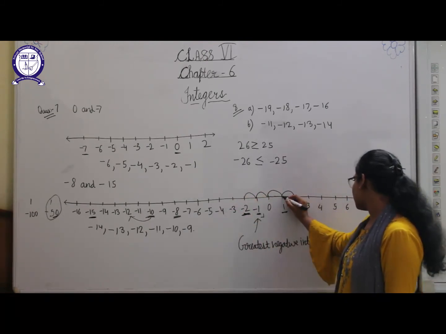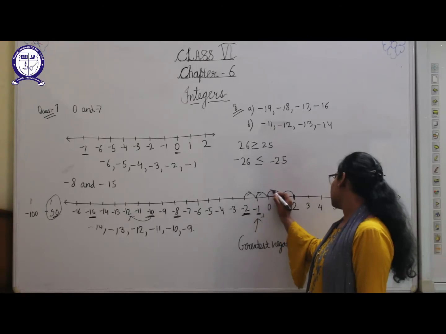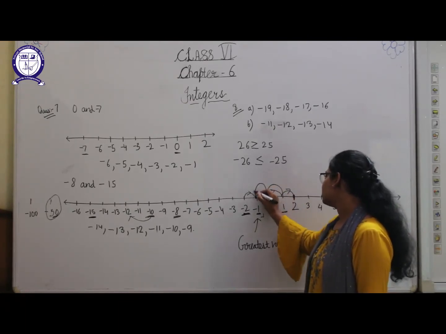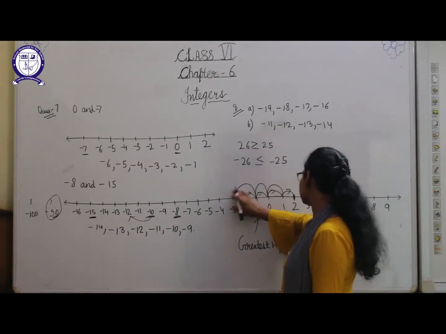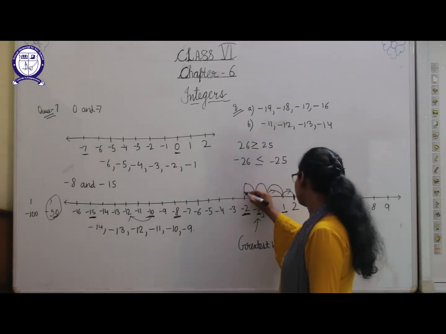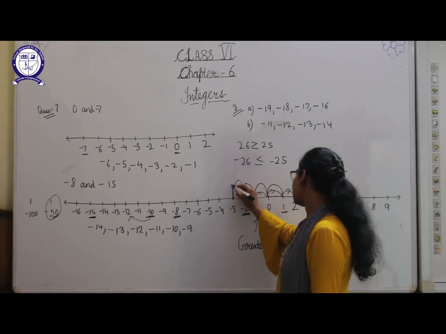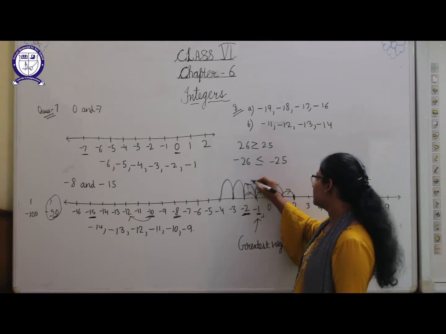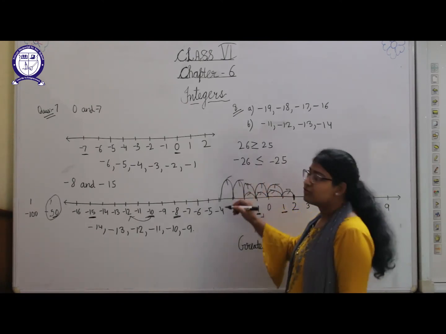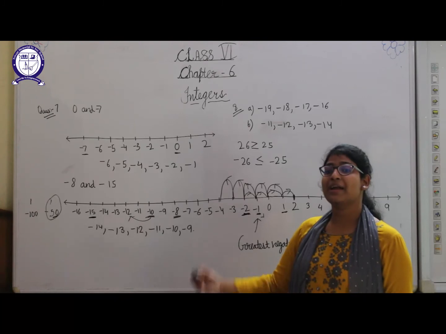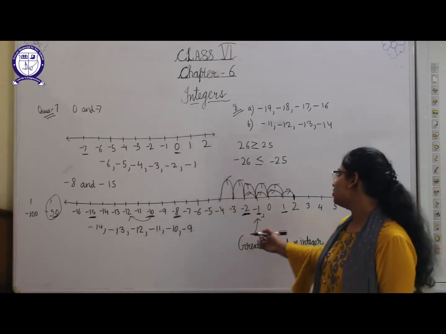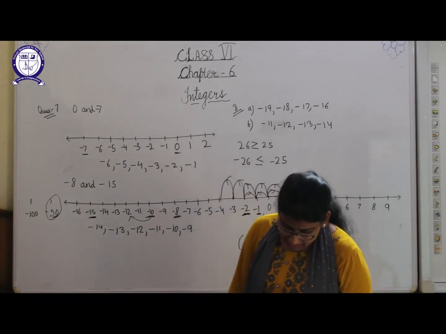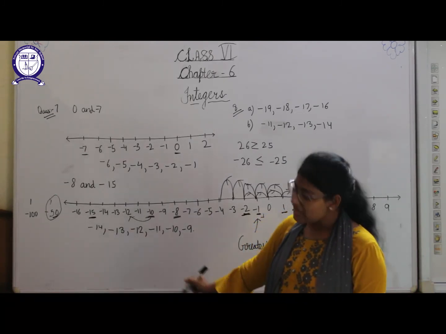Okay, so we will start moving as we were coming like this. So this is 1, 2, 3, 4 and 5. Okay, and we are going in this direction, the left direction. Okay, and students, for these parts again you have to make the number line separately for each part. Okay, you should not do it on the same number line. So B part is 5 numbers to the left of 1.